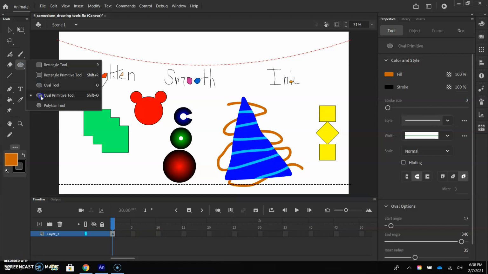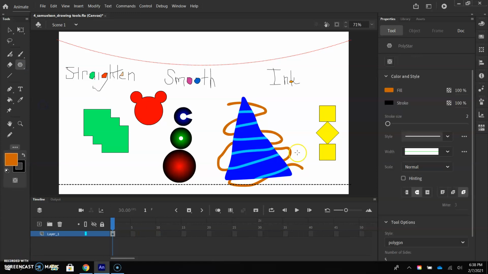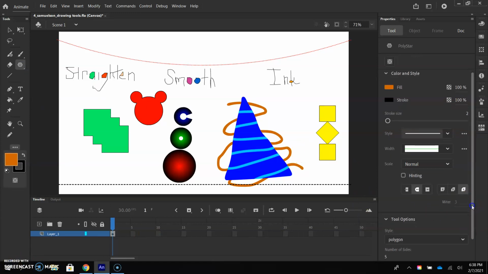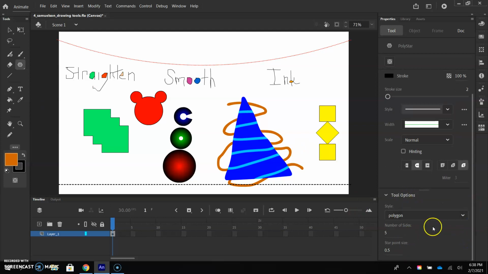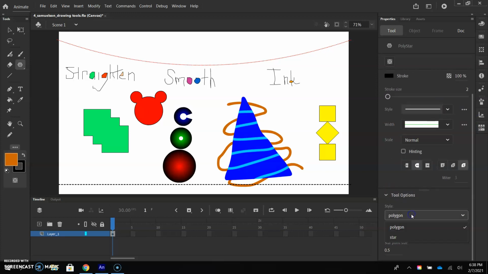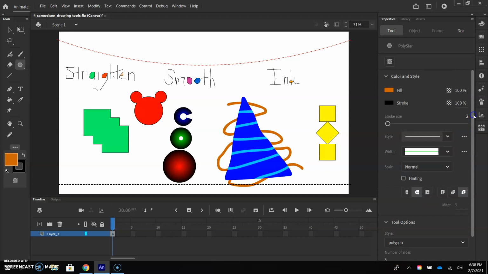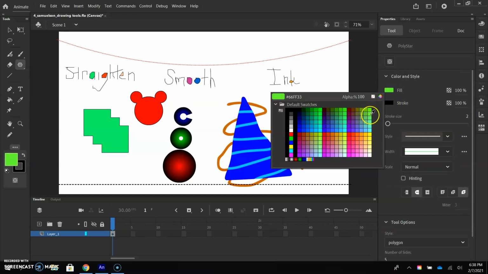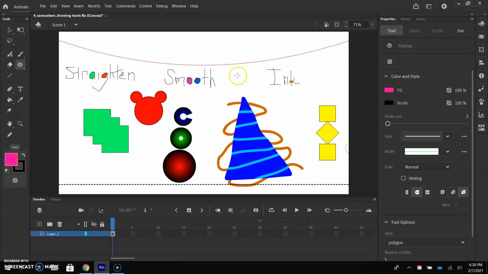So we've got one more tool we're going to look at here, and that's the Polystar tool. And notice in the properties down here at the bottom with tool options, you have the ability to change it from a polygon to a star. So you can change the number of sides, the star, how many points. So I'm going to go ahead and I'm going to just pick a color, and I'm going to draw a 5-sided